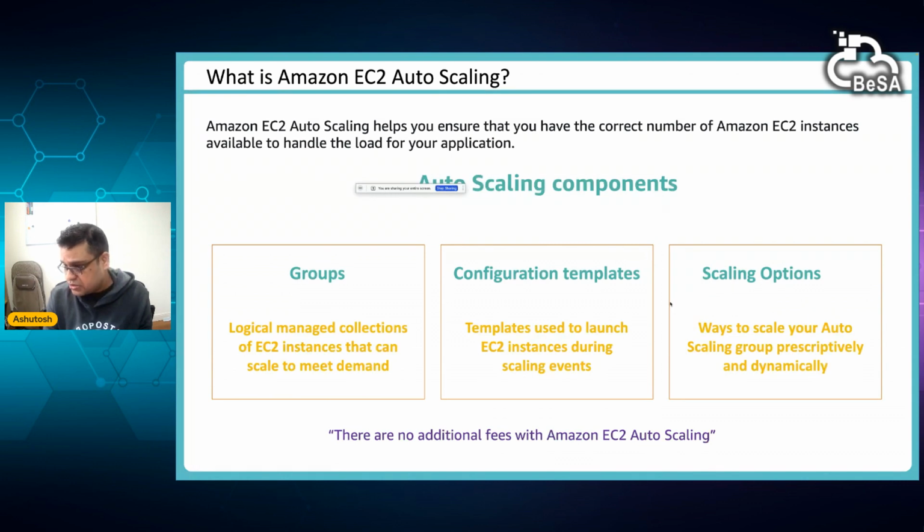And then the scaling options, right? Auto scaling provides you various ways of scaling your services up and down. You can scale based on a schedule, for example every day at 6 p.m. scale my instances from 10 to 100. Or based on previous historic performance, a trend that every week Monday, Tuesday your service demand is low, but Wednesday, Thursday, Friday it is high. So based on that predictable demand, you can increase capacity, right?